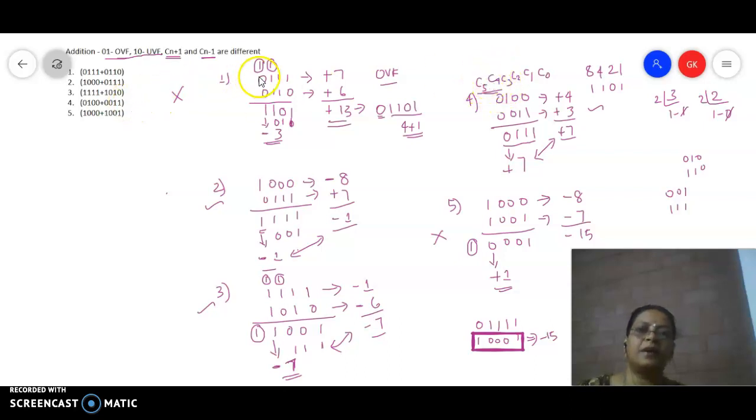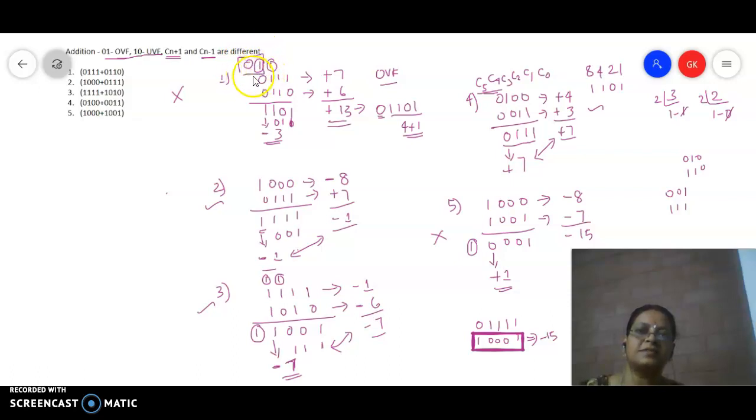So if it is going to be an n-bit representation, you take the (n-1)th bit, then the nth bit, 0th bit, first bit, second bit, third bit, fourth bit. Now if you observe here, the input carry to this bit is going to be 1, and the output carry you are getting is going to be 0. So now we just observe these two bits.